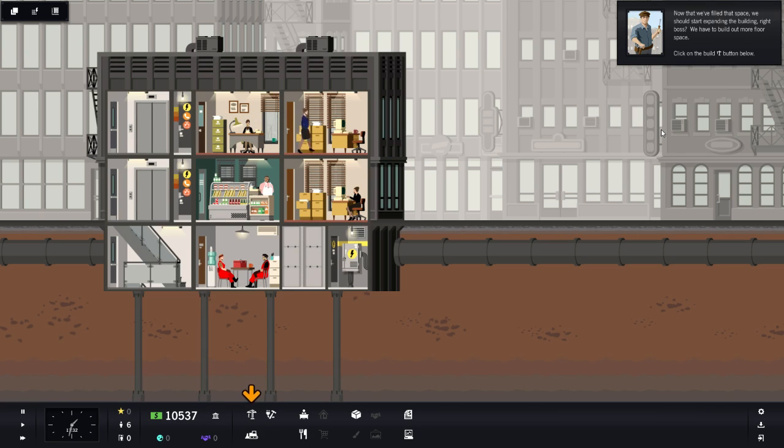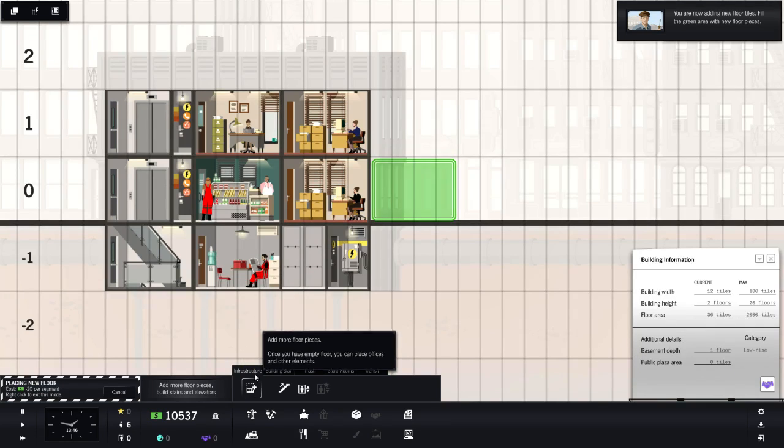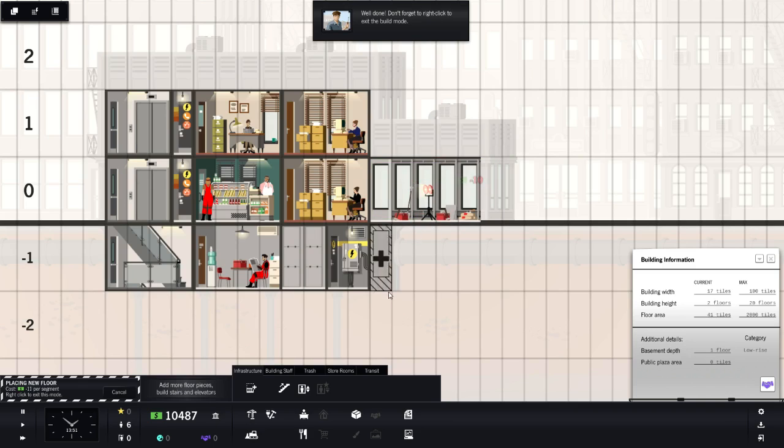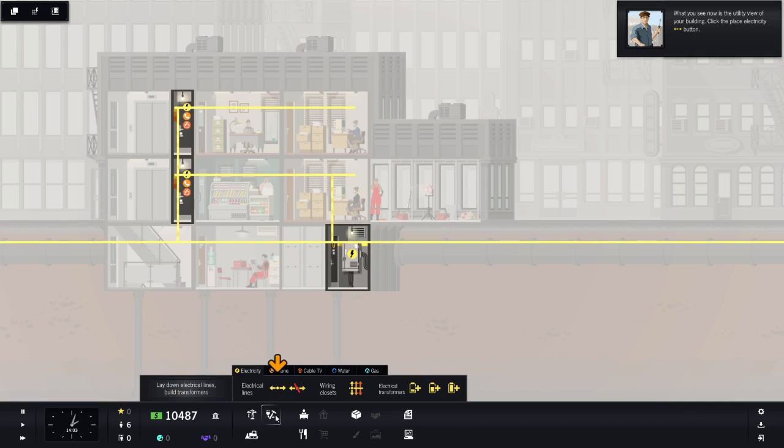Okay. Now that we've filled the space, we should start expanding the building. Right, boss? Yep, right. We have to build out more floor space. Click on the build button. Click on the floor. Got it. Floor tiles. Yes. Well done. Don't forget to right click to exit. Yes. The new floor. Let's do electricity because tenants need power. This is also true. There, and there,